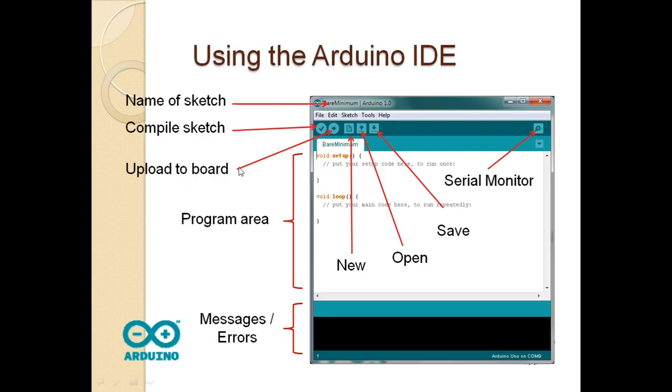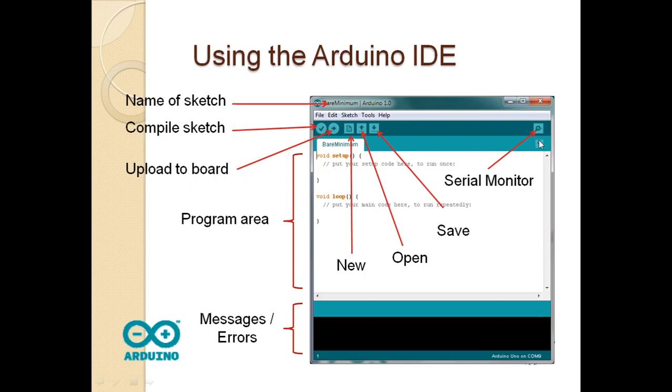This one is to upload the sketch on the board, and this is the tab to create a new or to start a new sketch. This one is to open any pre-made sketch or any sketch you would have made previously, and this is to save the sketch.